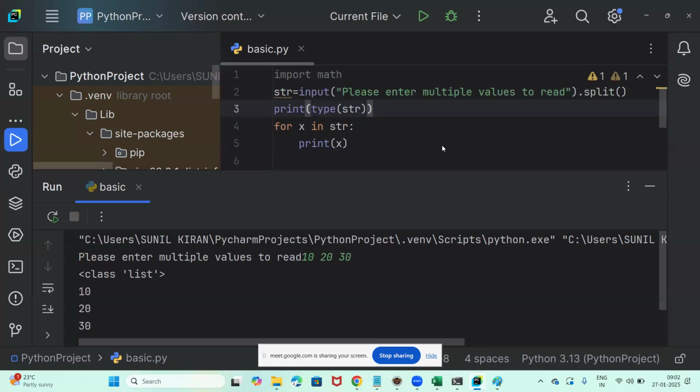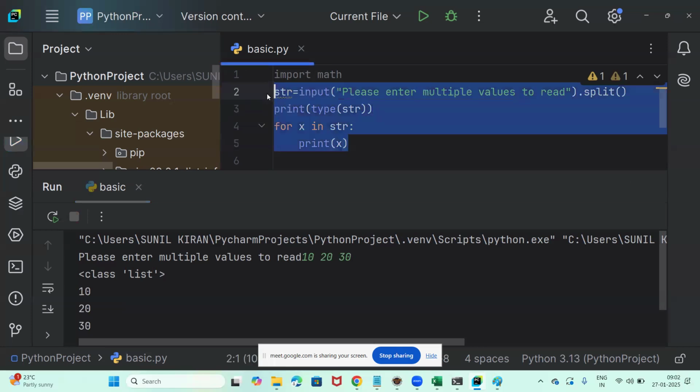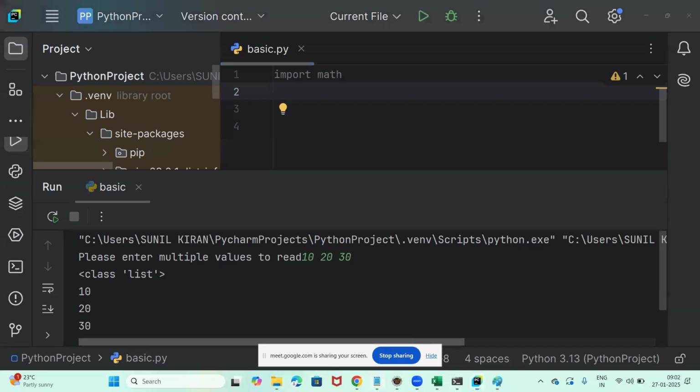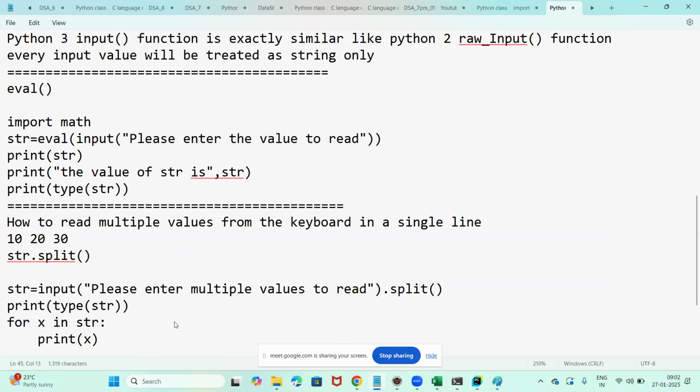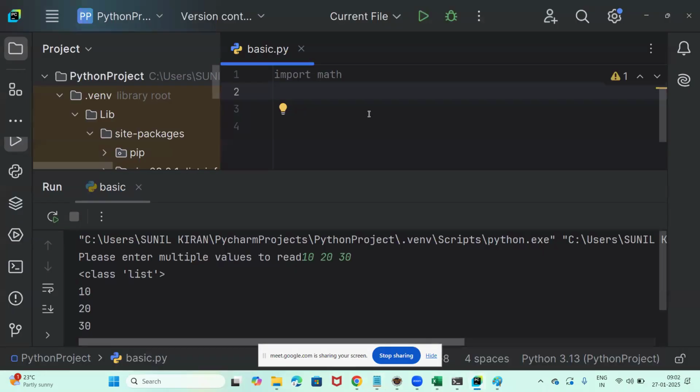Now there is a syntax, which does everything in a single line, guys. That I'll show you. List equal to